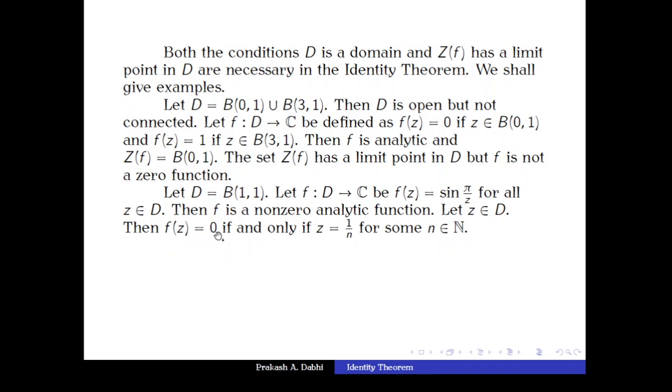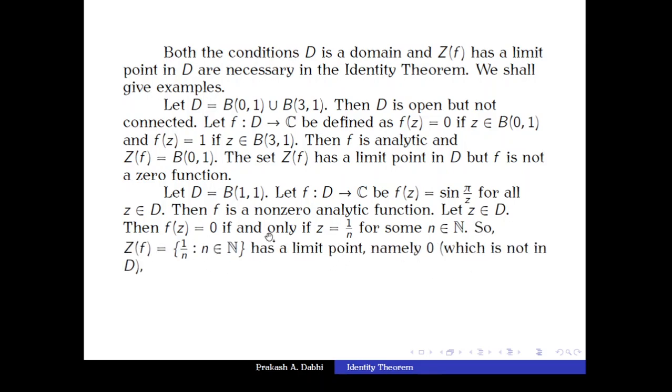So f of z is 0 if and only if z is of the form 1 by n for some n in N. See, that can be proved easily because sine pi by z is 0 if and only if pi by z is of the form n pi, and that means z has to be of the form 1 by n. And that means what we have shown? That means we have shown that the set of zeros of f is 1 by n, n belongs to N, and this set has a limit point, namely 0, which is not in D,